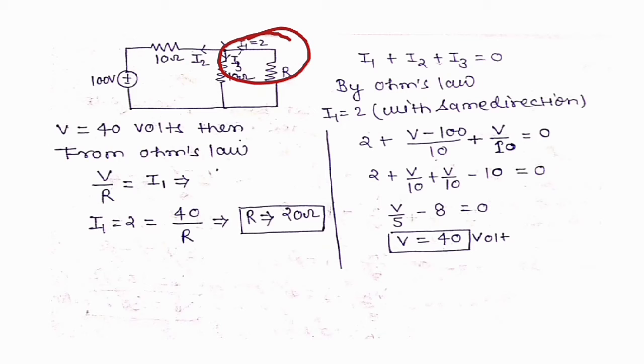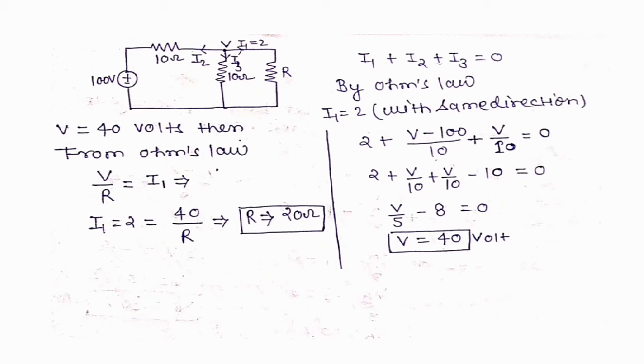So you can write it down like this. Okay, 2, then plus (V minus 100) divided by 10. In that case, it is V by 10. Okay, V by 10. So this is the second, actually, V minus 100. Why is it minus? Because you see plus minus.